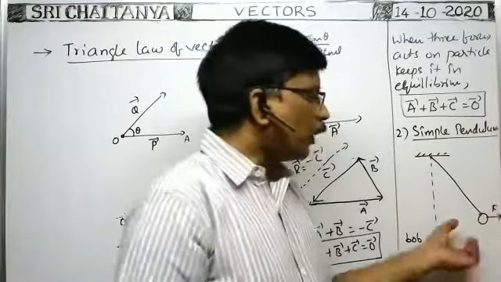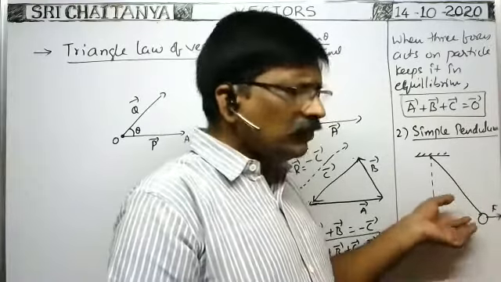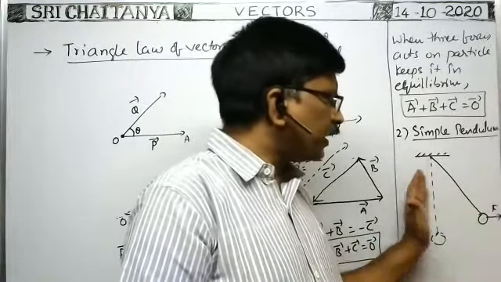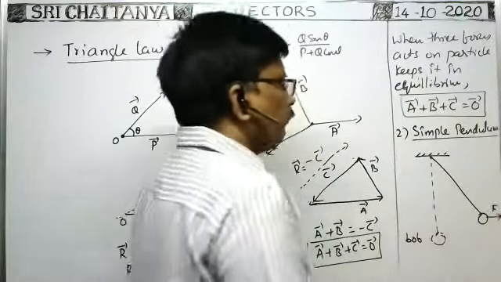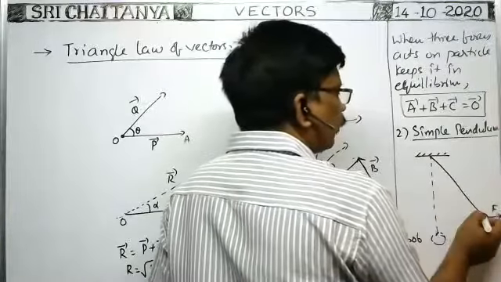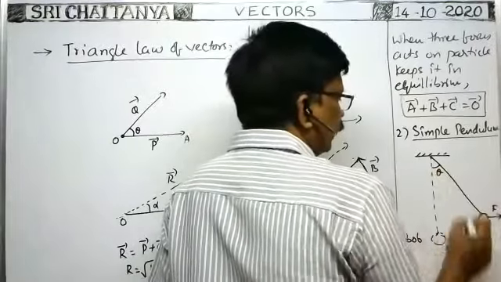position. Suppose we apply a horizontal force on the bob and pull it this way, then the bob displaces through a certain angle from the vertical and it is under equilibrium at a certain position. Whenever the bob is under equilibrium, the angle made by this simple pendulum or this string with the vertical is say theta.